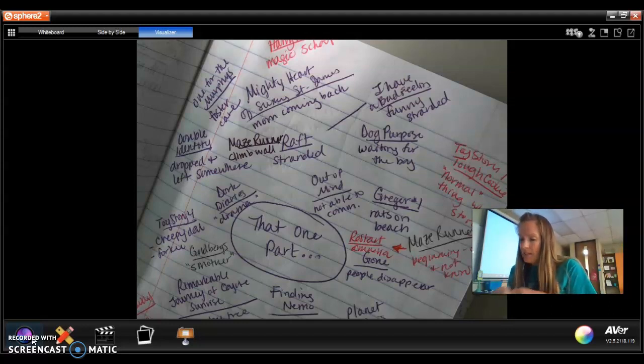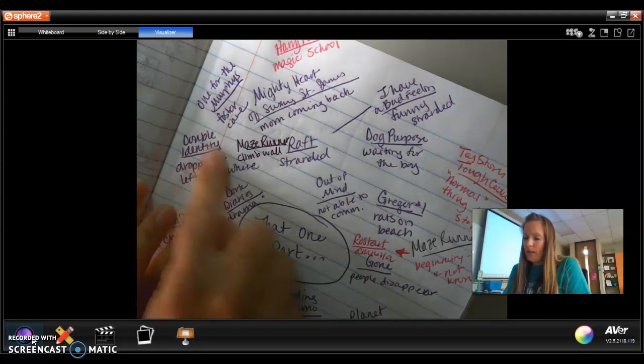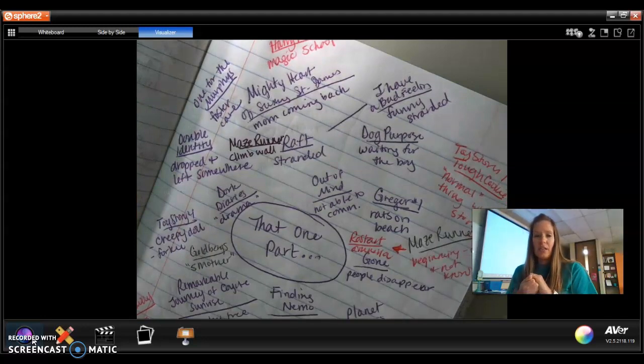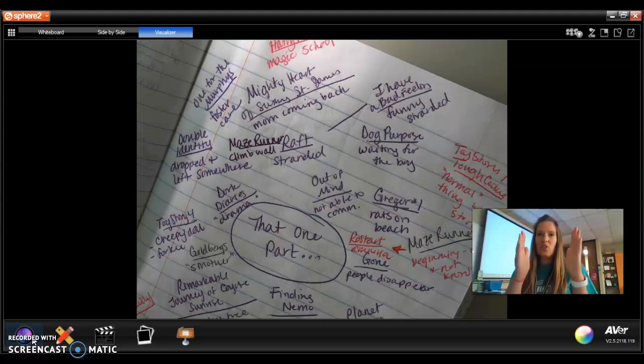Let's see. Double Identity is a book. At the very beginning, the main character is dropped off at this house, and the mom's sobbing hysterically, and the dad's totally stoic and facing forward. Basically they say, "We love you, but you're going to live here now." And they don't tell her anything. She doesn't know the human whose house she is at right now. She just gets dropped at this house.